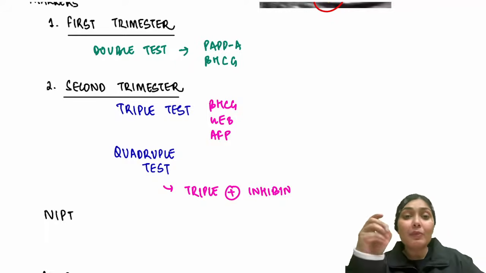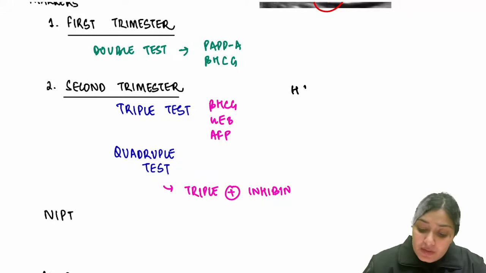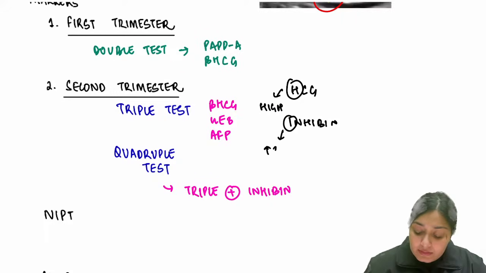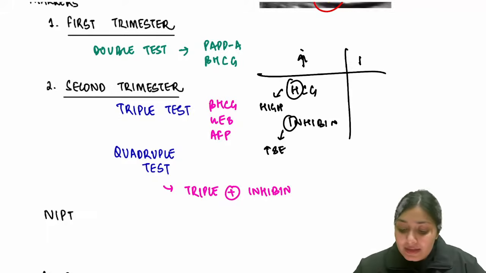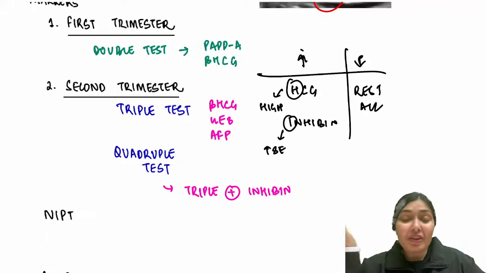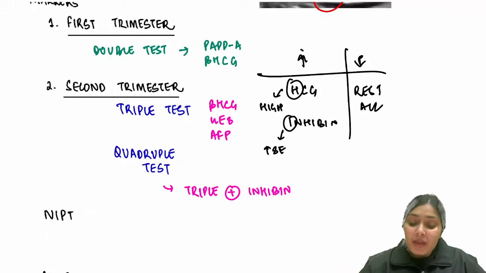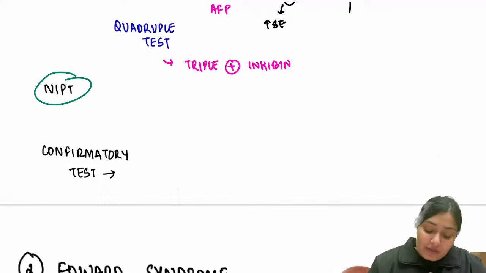Now, what they ask in the exam is which of these increases and which decreases. Very easy to remember: HCG, H for high; inhibin, I for increase. So HCG and inhibin increase, and the rest all decrease. Just remember the components and it would be very easy to remember which increase and which decrease in Down syndrome. Right, then we usually go for a screening test, NIPT, that is non-invasive